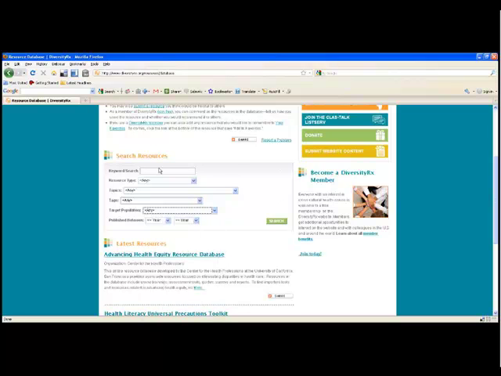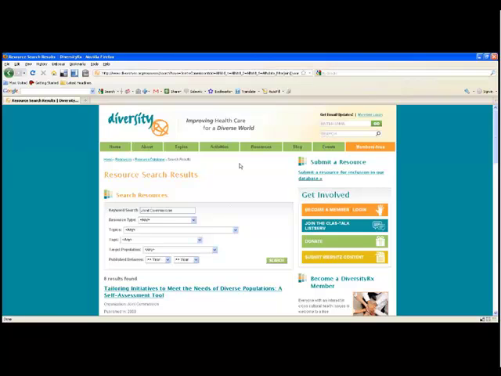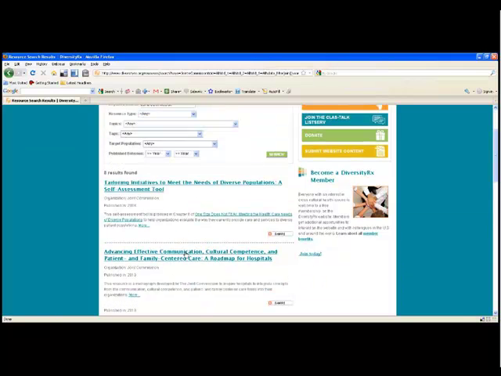Now, what I'm going to type in here is a keyword search, so you can see what comes up if we type in Joint Commission. And that will take us to the page that has, with good luck, all of the resources in our database that might have the words Joint Commission in them someplace, either in the description field or as the organization or elsewhere. So you'll see that there are 8 results here for Joint Commission in our database keyword search.